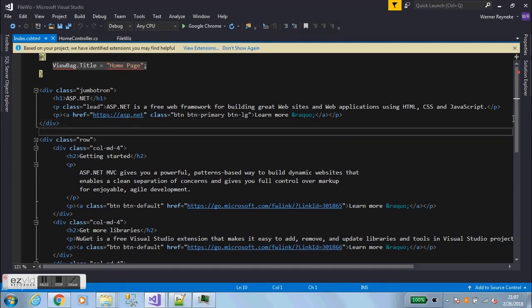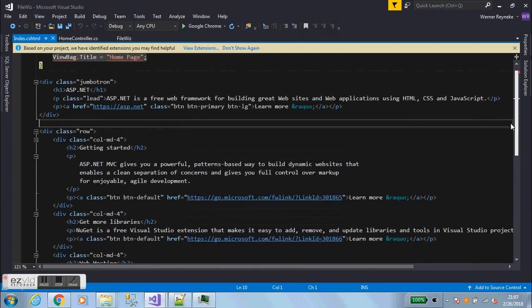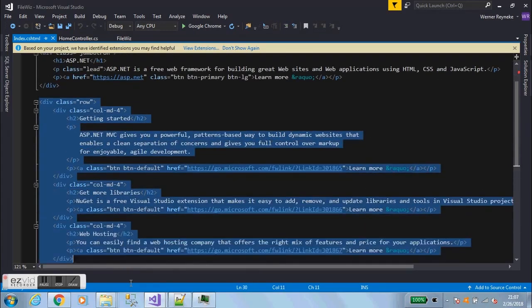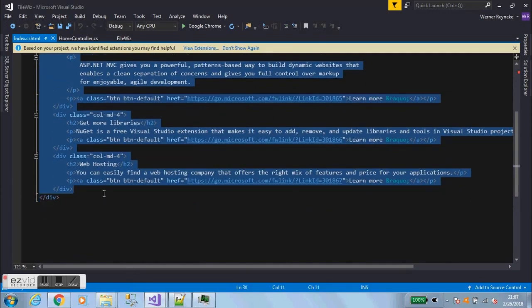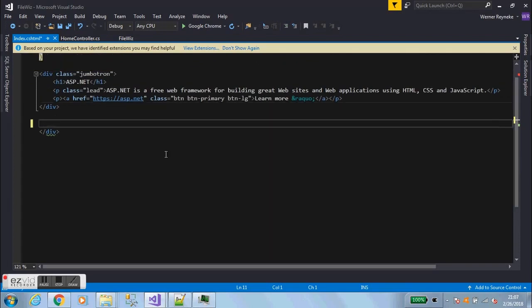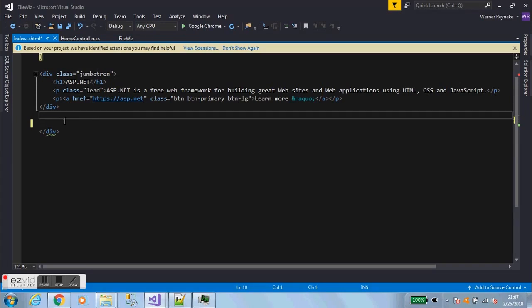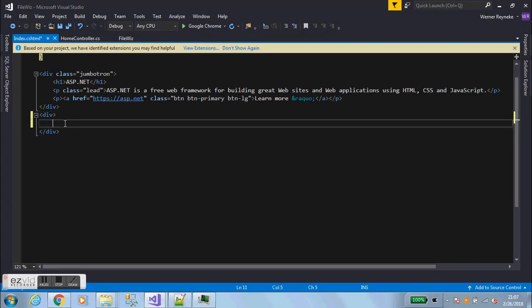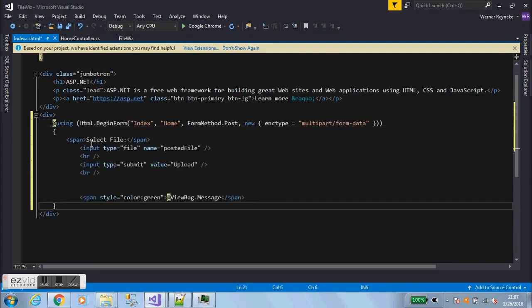Okay, so all of this default code we're basically going to delete. So let's delete everything from here. Okay, and then let's just add another div here. Okay, like that. So right here we're gonna add some code, and I'm going to explain to you what this